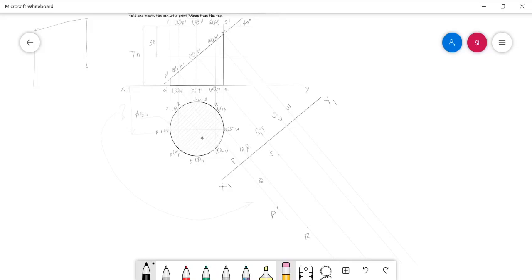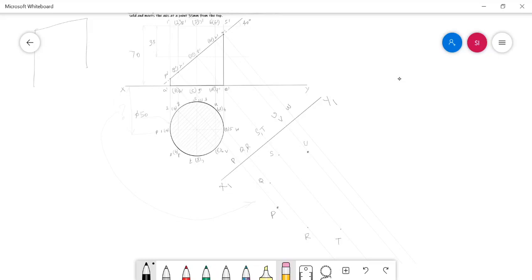and measure the distance between the point T and xy line, this distance, and mark the point T. Similarly, measure the distance between the point U and the xy line, this distance, mark the same point U in the projector of U, and the distance to be calculated from x1 y1, approximately here.